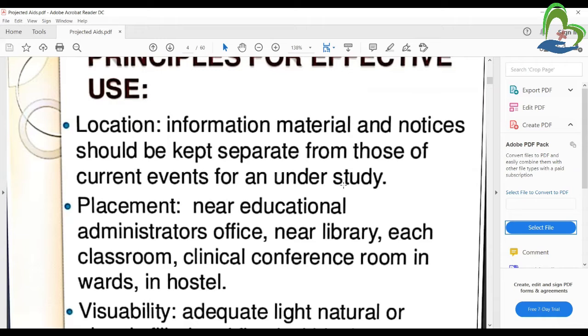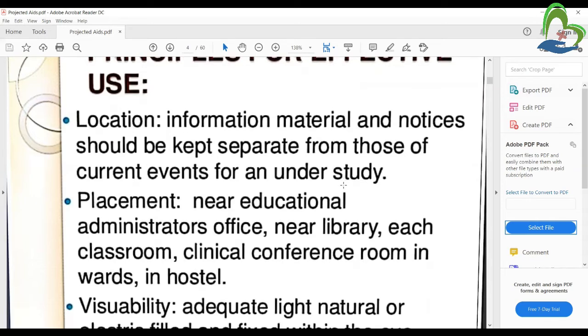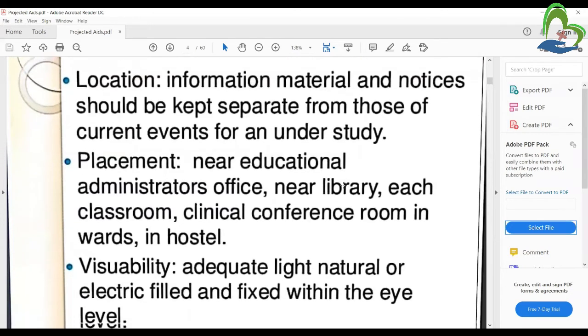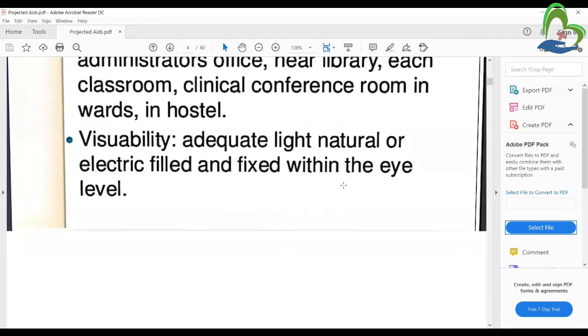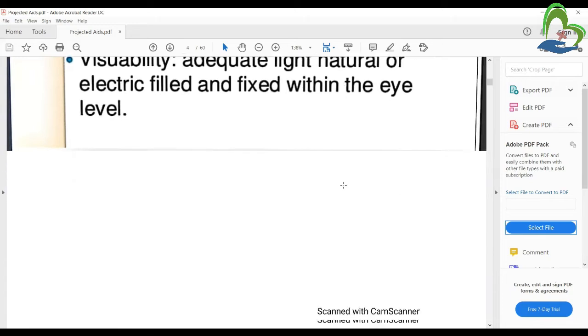Because the students focus on this notice board, particularly to focus on this board, right? Visibility: adequate light and neutral background, placed in line with the eye level. So the notice board gives good information to the students, right? Most of it, like the timetable or important things, should be noted down in this visibility.